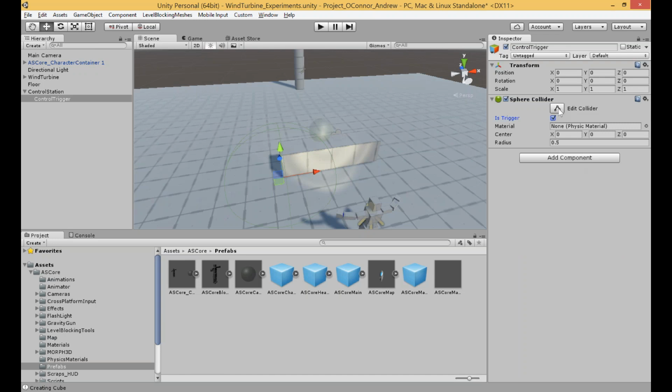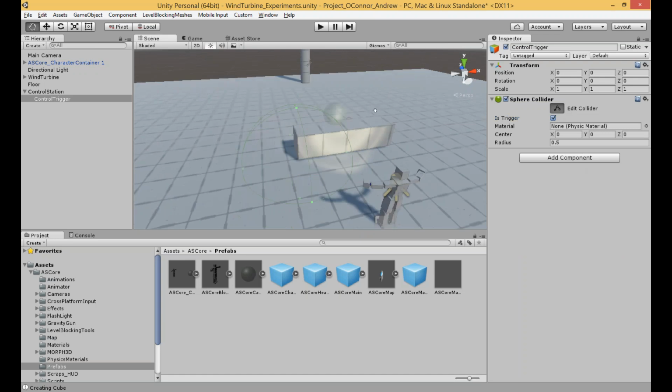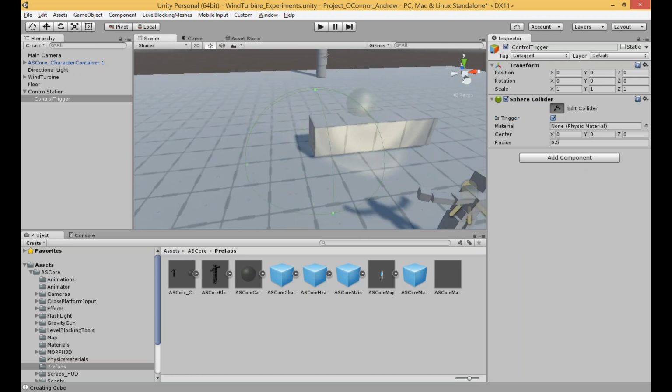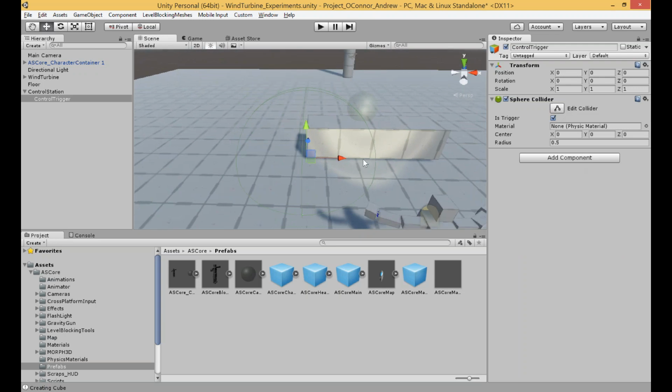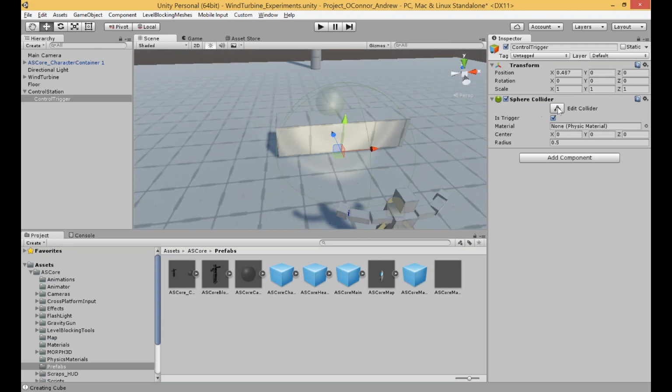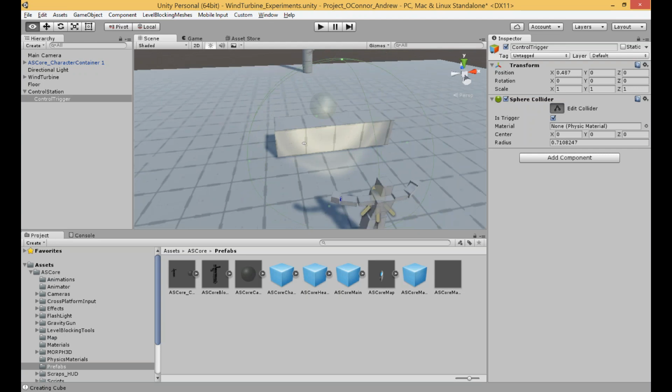And now up here, we're able to edit this collider. So once we click on this button, you'll notice that the object changes, and we have these little points here. So now you're able to select these points and physically move this. So I can move them here. Nice. Grab these points and just drag it out. So I'm going to make mine a bit large,